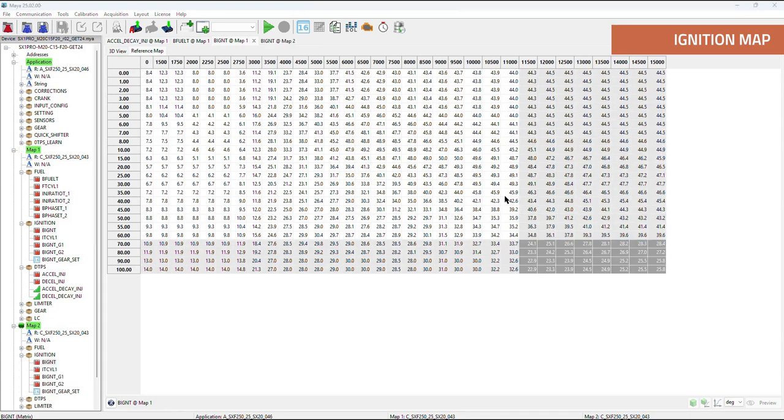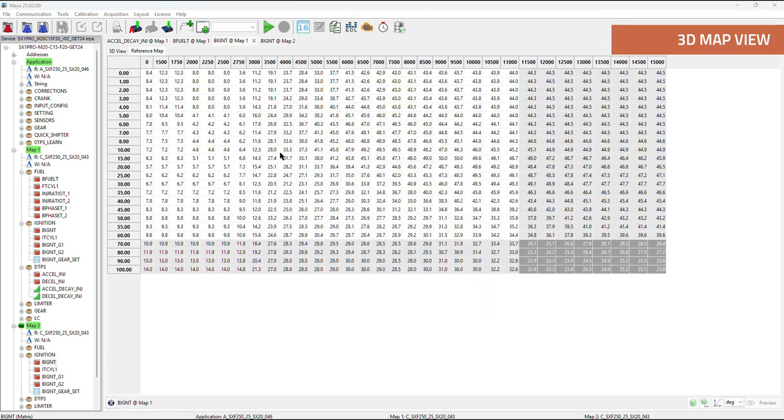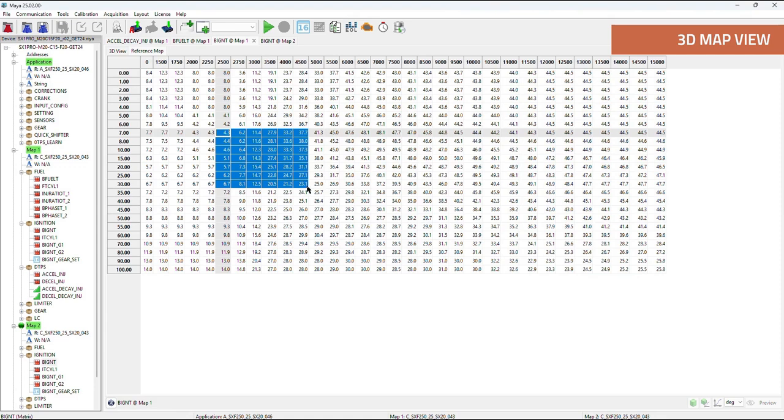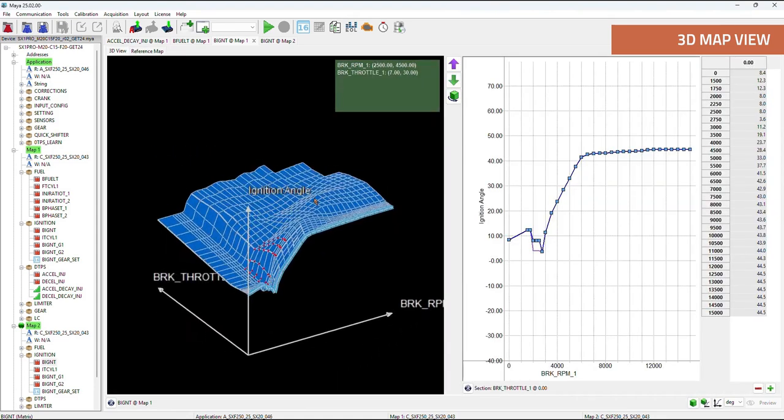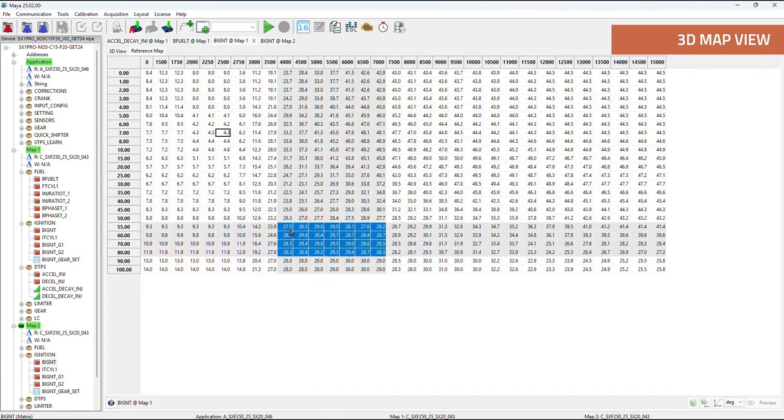So the same changes we've made using the edit menu can also be accessed with the dedicated keys. The selection can be made, as we saw earlier, in the matrix, but also in the 3D view, where the selected areas are highlighted with red dots, and the red dots correspond to the blue cells in the matrix.